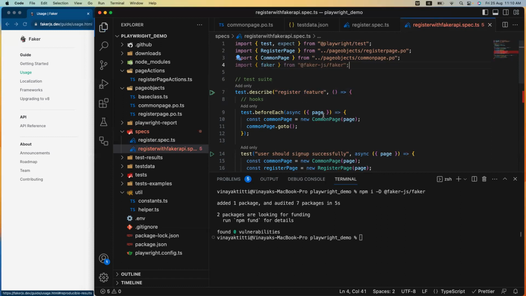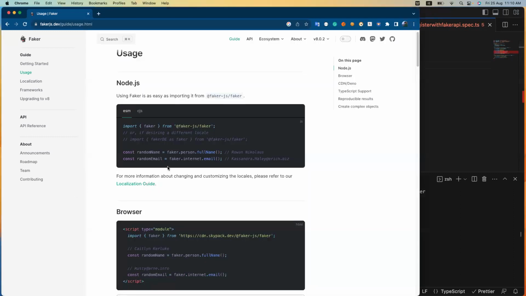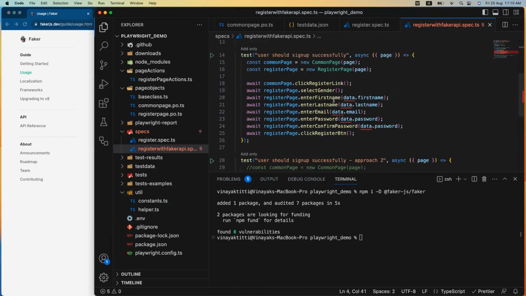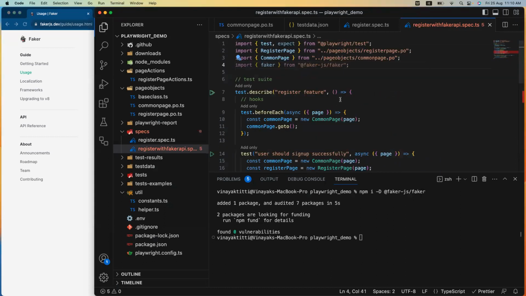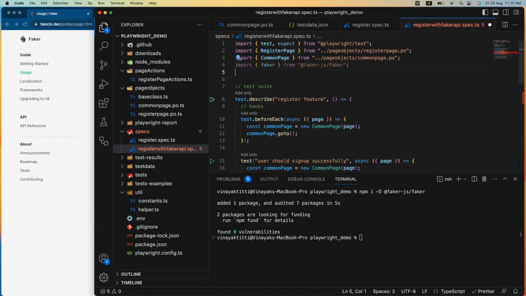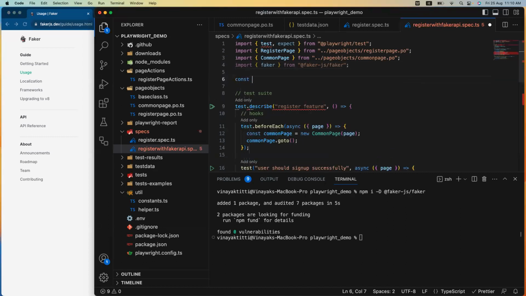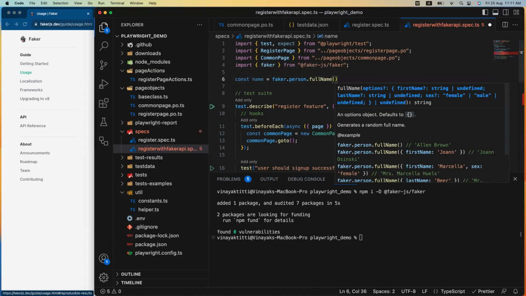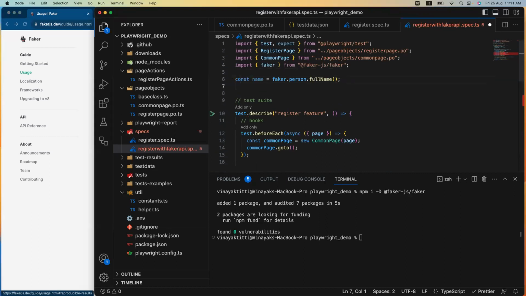Yeah, you can see we have to import the package, and fullName is a function. That's why we have to give the parentheses. In the same way,